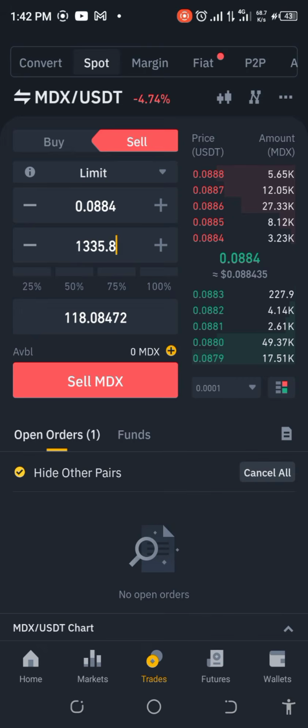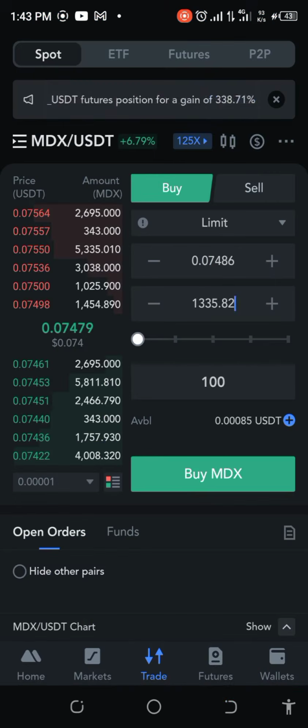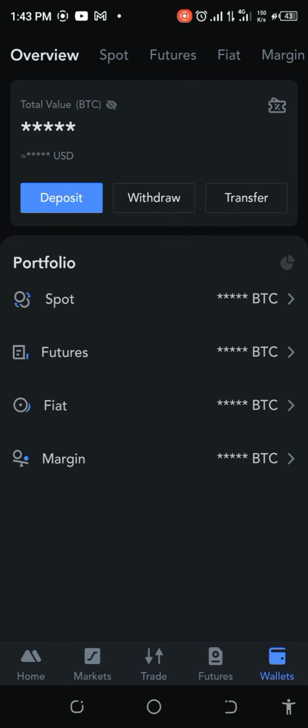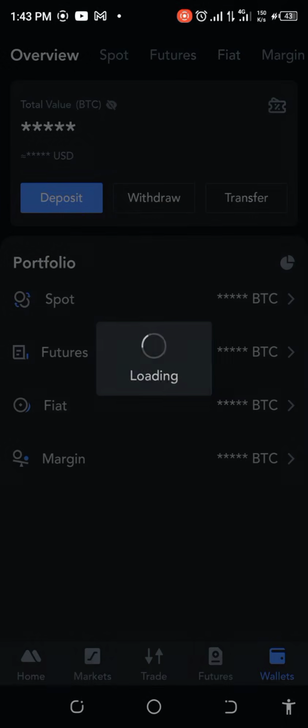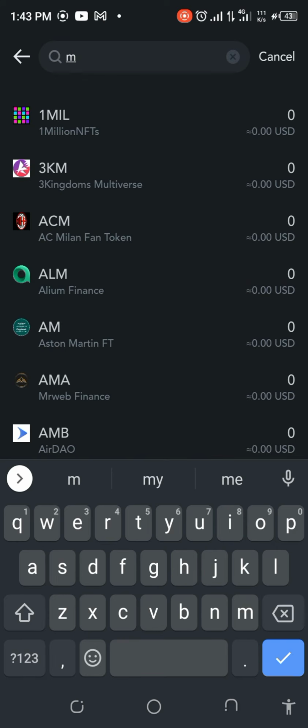Now let's see, can we take advantage of this? If it's coming from MEXC to Binance, that means I have to go back to MEXC and check whether I can withdraw it. Look at the withdrawal coin. That's the withdrawal network. So let's go and check. Let's click on withdraw, and then we put that in there. Let's see, what are we putting in there? We're putting MDX.